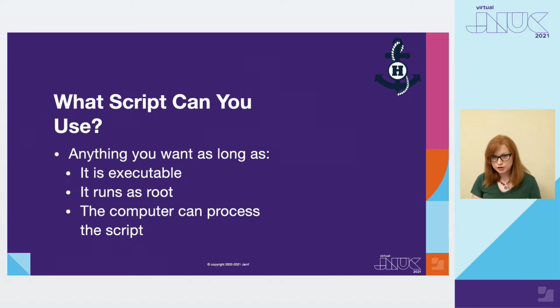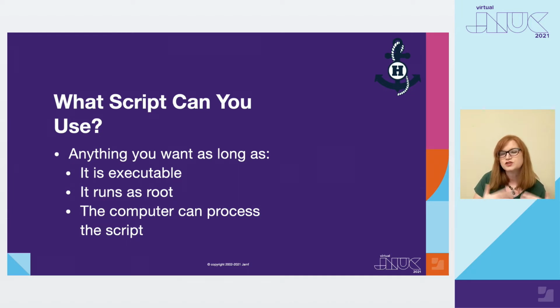So what script can you use? And like I said, that program argument, you can include a command there, or you can run an external script. Not external, but, well, sort of external. It's external to the launch daemon, but it's on the computer. So you're running a script that is located on the computer somewhere. So these are the requirements for the script that you use. Number one, it needs to be executable. And these limitations, honestly, you're probably used to if you've run scripts through Jamf. By executable, I just mean that you have to run that chmod +x command on it. You're changing the permissions, giving it the executable bit set.